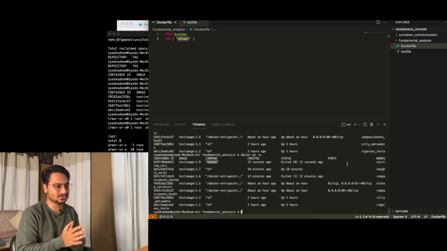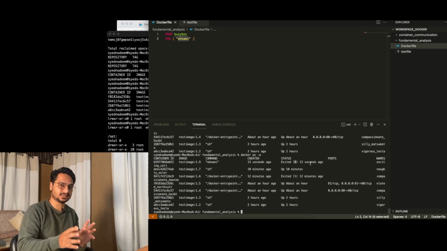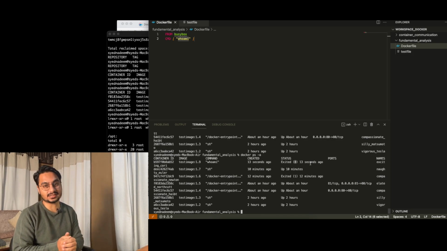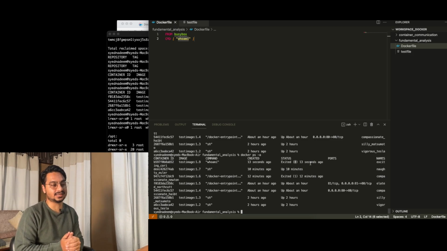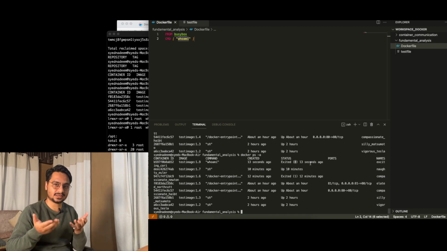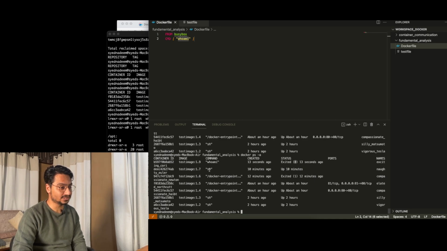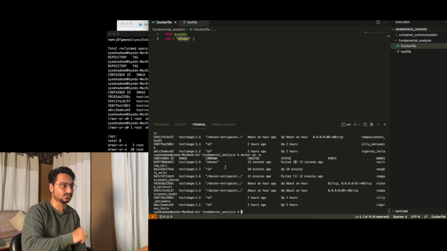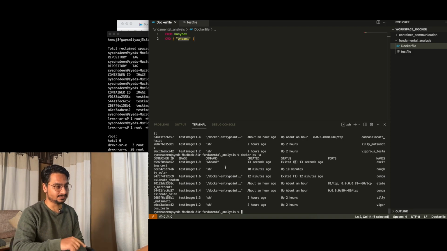So those containers which are not active, which are in a completed or exited 0 status, if the exit status is not 0, then it is an error, unless there is a business exit code that you have provided. But if the exit code is 0, it means that the container came up, it did its task, and then it went away. So this time the container did not start with sh. When it was starting with sh, it was going to the entry point, which we'll talk about in a second. So let's first